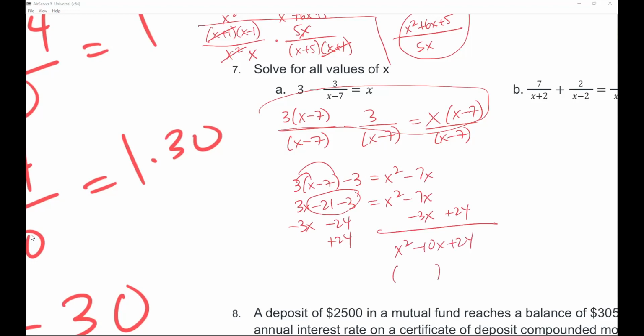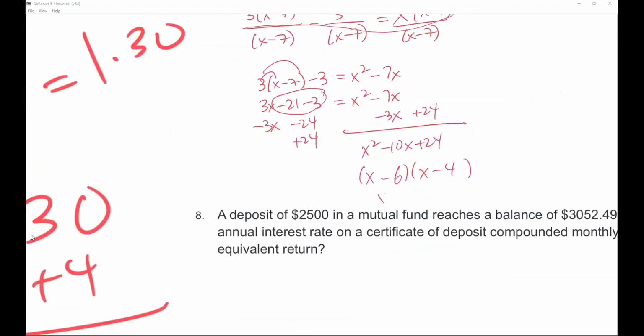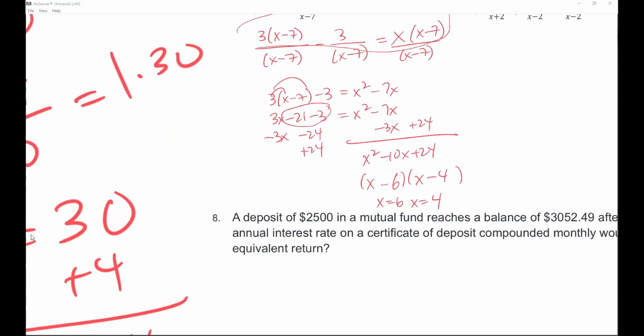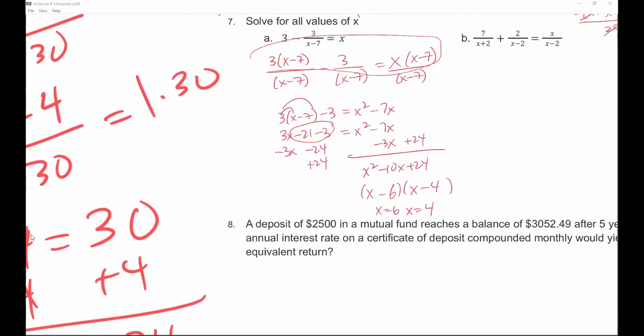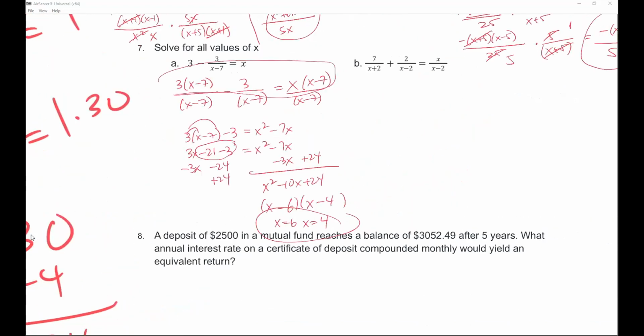Factor this out. It'll be x minus 6, x minus 4. You can make it equal to 0, so x equals 6 and x equals 4. Right, if you plug it back in or if you look, it doesn't make the denominator 0, so you are clear. Right, for this one right here,